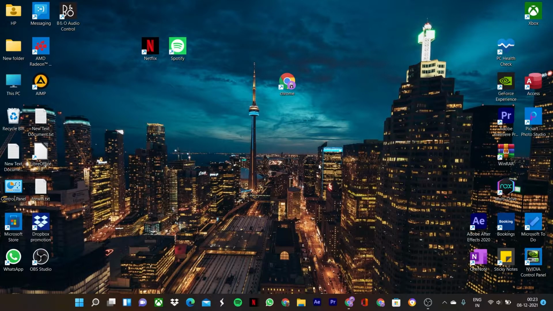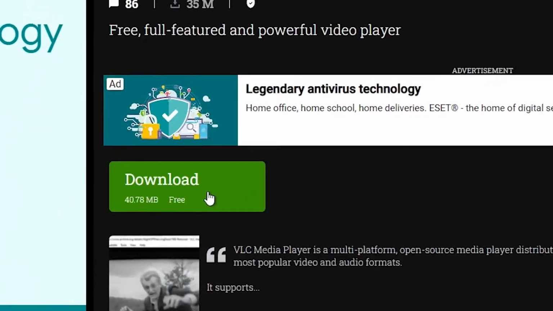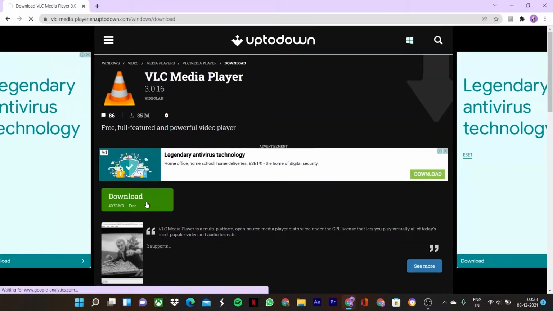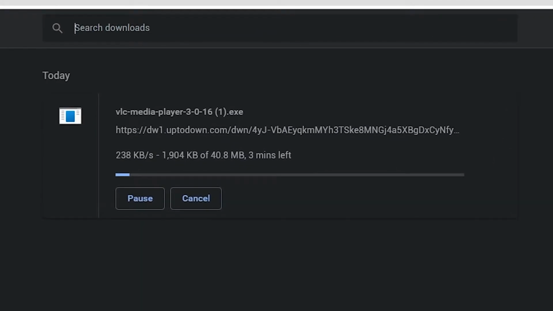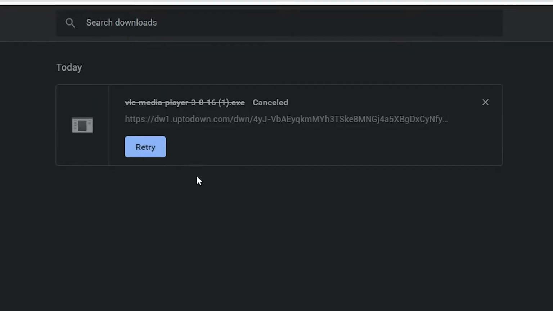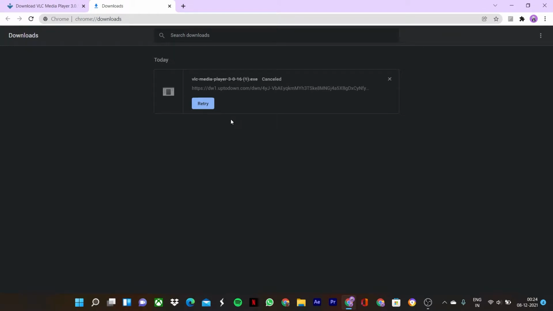So you might have faced downloading issues in your Chrome browser multiple times when you download any file. For example, if you add some file to download like this, then it will start downloading. But it mostly happens that due to internet or power issues, you pause your download, and then whenever you resume it, it will get cancelled or it will start downloading from the start, and then all the data you have downloaded will be lost, and you have to download the same thing from the start, so it will waste your internet and time a lot.